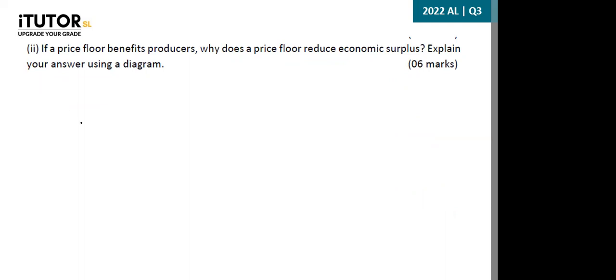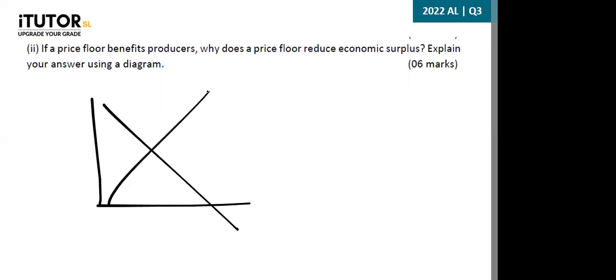Draw, guys. So you have to draw, right? Draw the demand curve, draw the supply curve, right? Draw a price floor. This is the equilibrium before and after. Label this as A, B, right? This is the quantity demanded, right? C, D, E, F, label all of this. And what should you do?